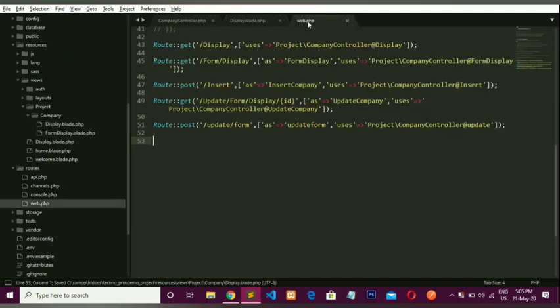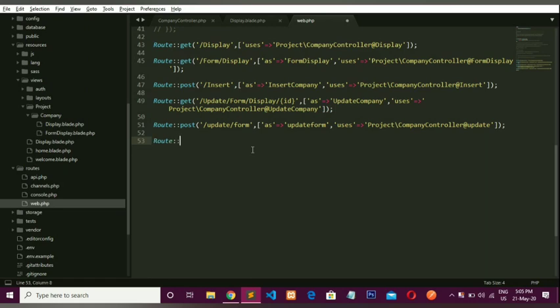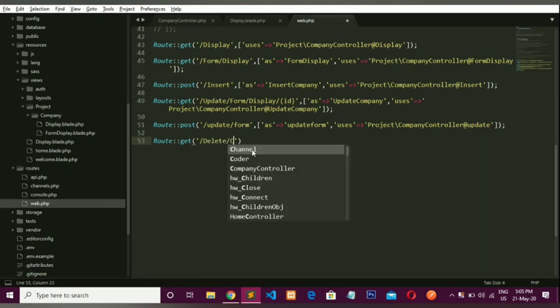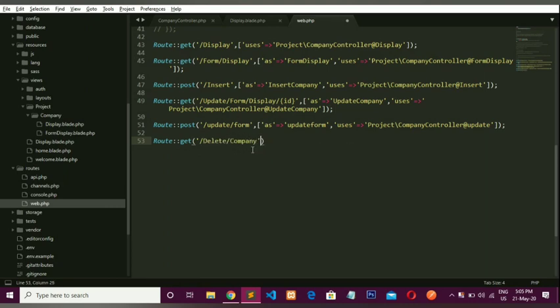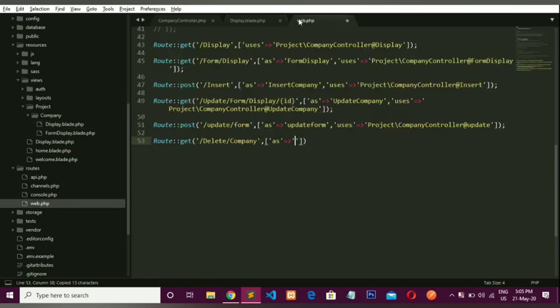Now go to web.php and write route get / delete company, and the name is delete company, uses. So copy from above and paste it over here. Change the method name, which is delete company.